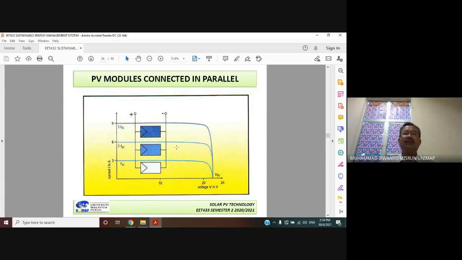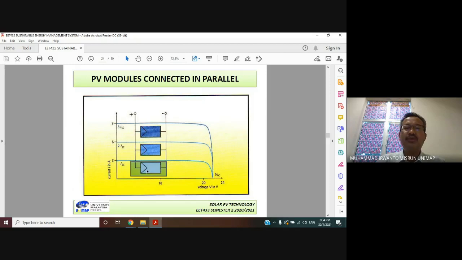Okay, now how about the parallel connection? Same like the battery. If some batteries are connected together in parallel, the total voltage remains as given in the data sheet for each battery, but the current will be increased. So if we have the PV voltage and short circuit current ISC, in here for example 3 amperes,